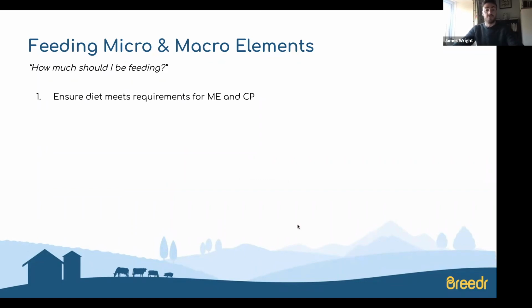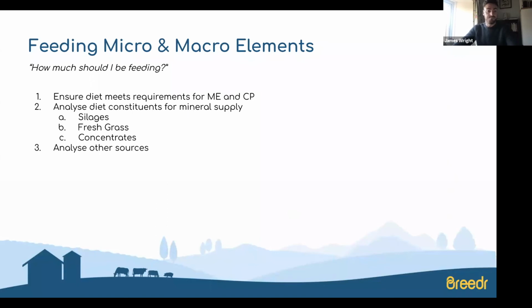And then once you've formulated your diet and you know what your ingredients are, you should analyze those ingredients for their mineral content, and then you can gauge what mineral supply you're getting from your diet. So that includes silages, fresh grass, and also your concentrates. From there, you can start to analyze other sources, and other sources will be things like water. So really important if you're on borehole water, for example, that could potentially have heavy metals in there or a lot of iron, compared to